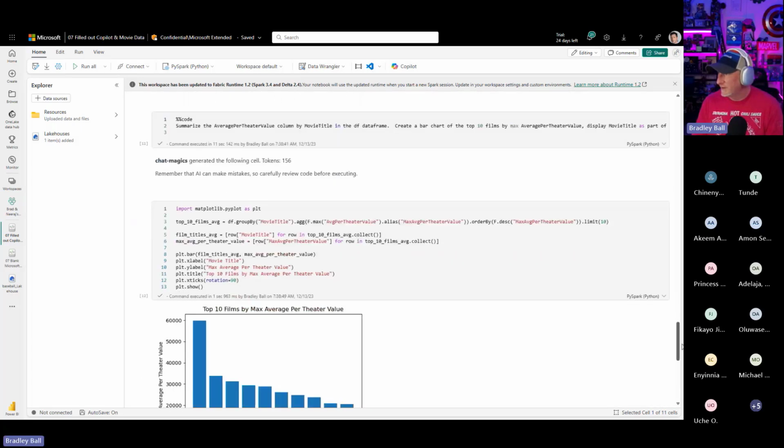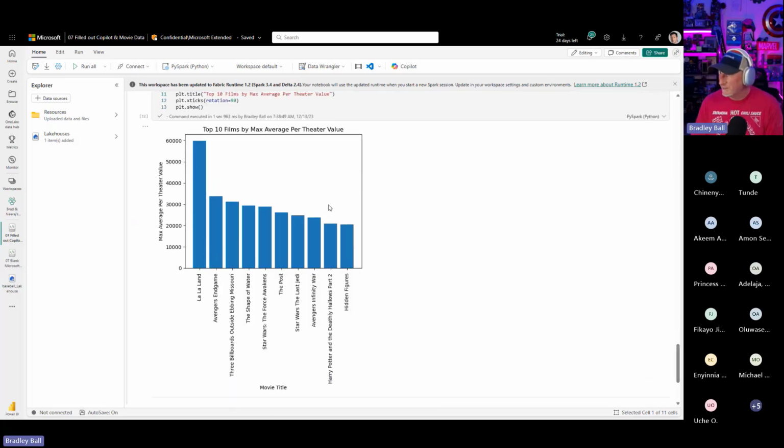But when we come down here and we get the top 10 films by box office per theater, you'll notice it's not always the big movies that went out. There's a lot of them in here. La La Land has the highest total ever. As a matter of fact, I had to look into why that was. The reason is that La La Land started out as such a small independent film, and it performed so well in its limited release that they decided to open it as a wider release. And so the value that it brought in per theater was absolutely massive.